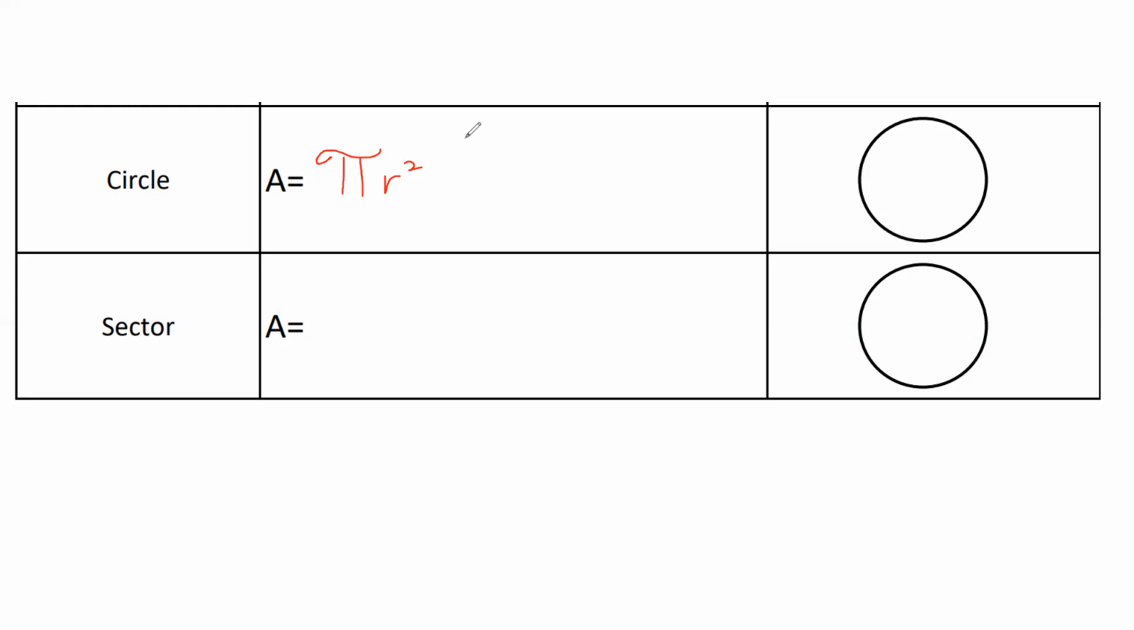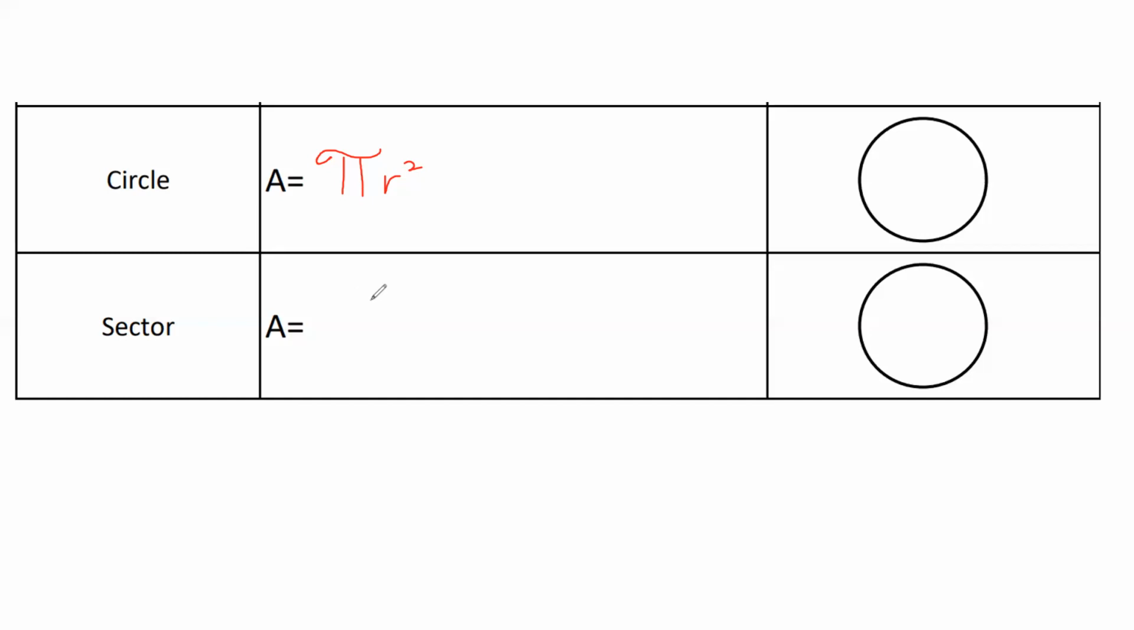Pi r squared. And there's the old horrible math joke. Pi's aren't squared, they're round. Yeah, it's horrible. Pi r squared. Yeah. Anyway,